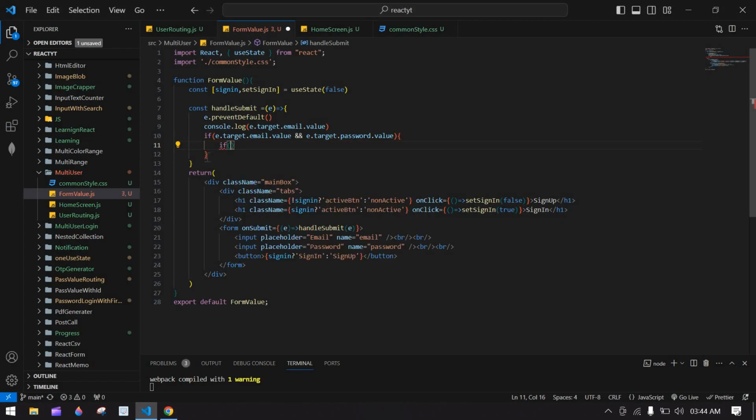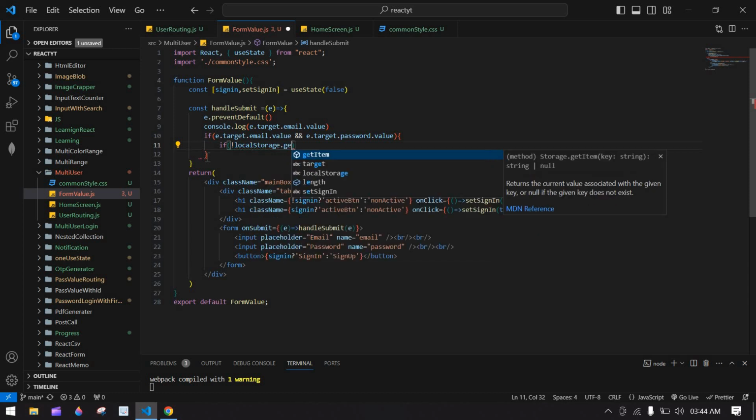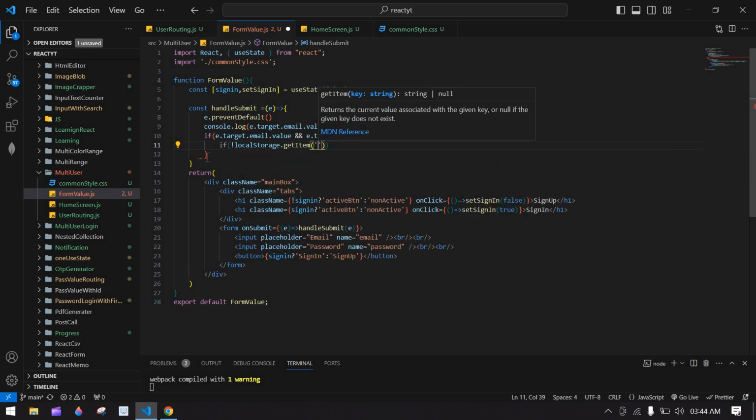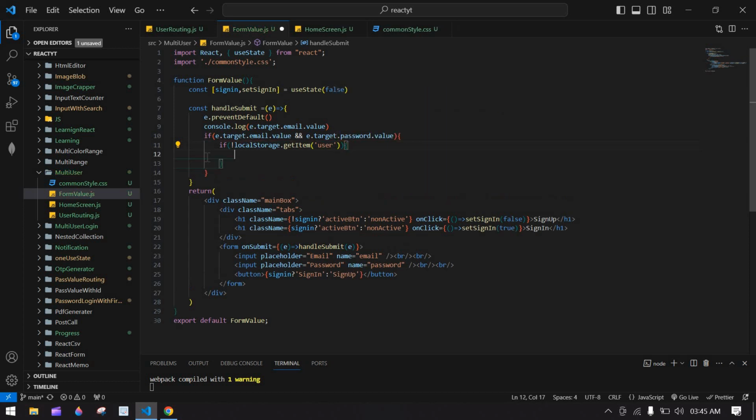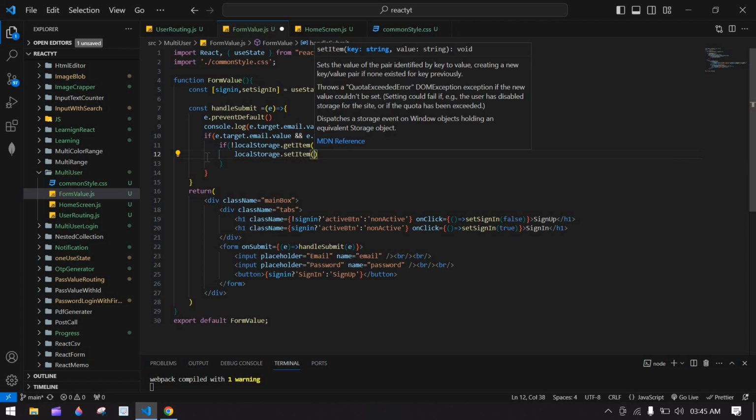Here if not, local storage dot get item user. Okay, if this condition is true, I'm going to set the local storage dot set item